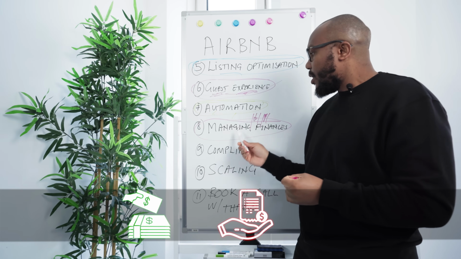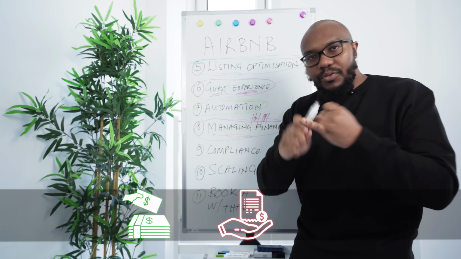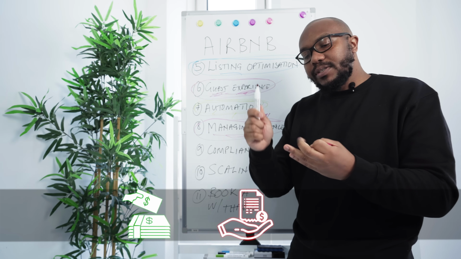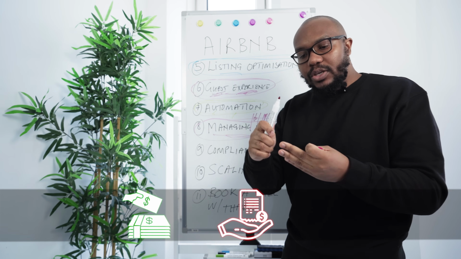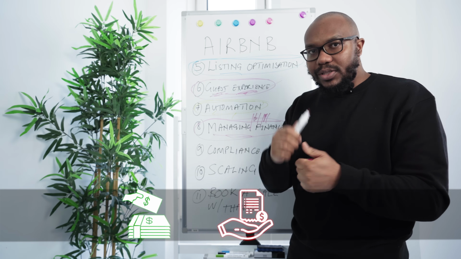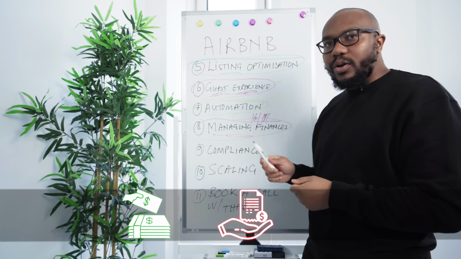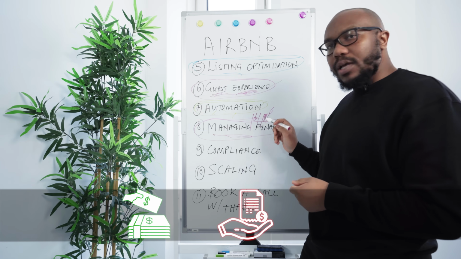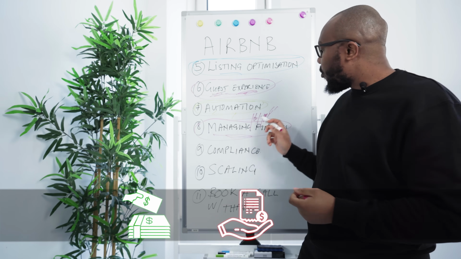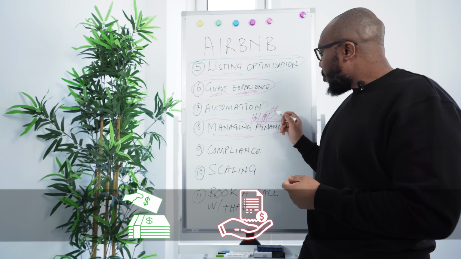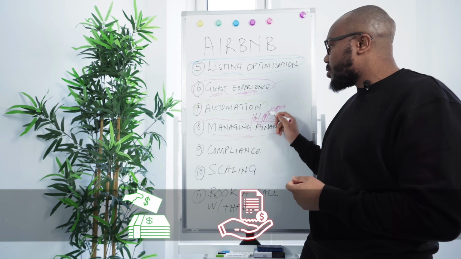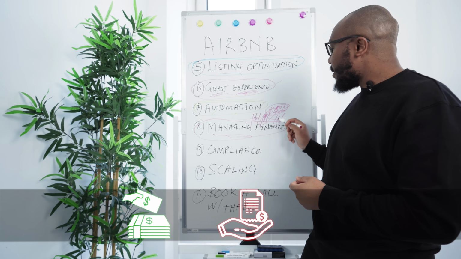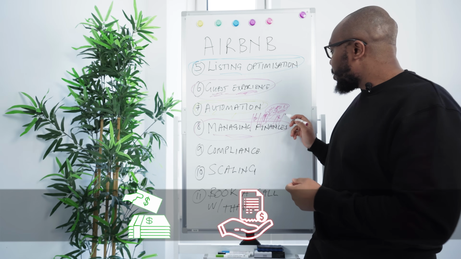So obviously the expenses for a property you don't own: your rent to the landlord, your council tax or business rates if you signed up for business rates, your internet, your energy bills, your TV license, Netflix subscriptions, and obviously your channel manager outgoings. So let's say your rent is 1.1 and your bills come up to 400. In this account, you want to have 1.5 every month, because that's 1,500 which will be coming out from this account every month.